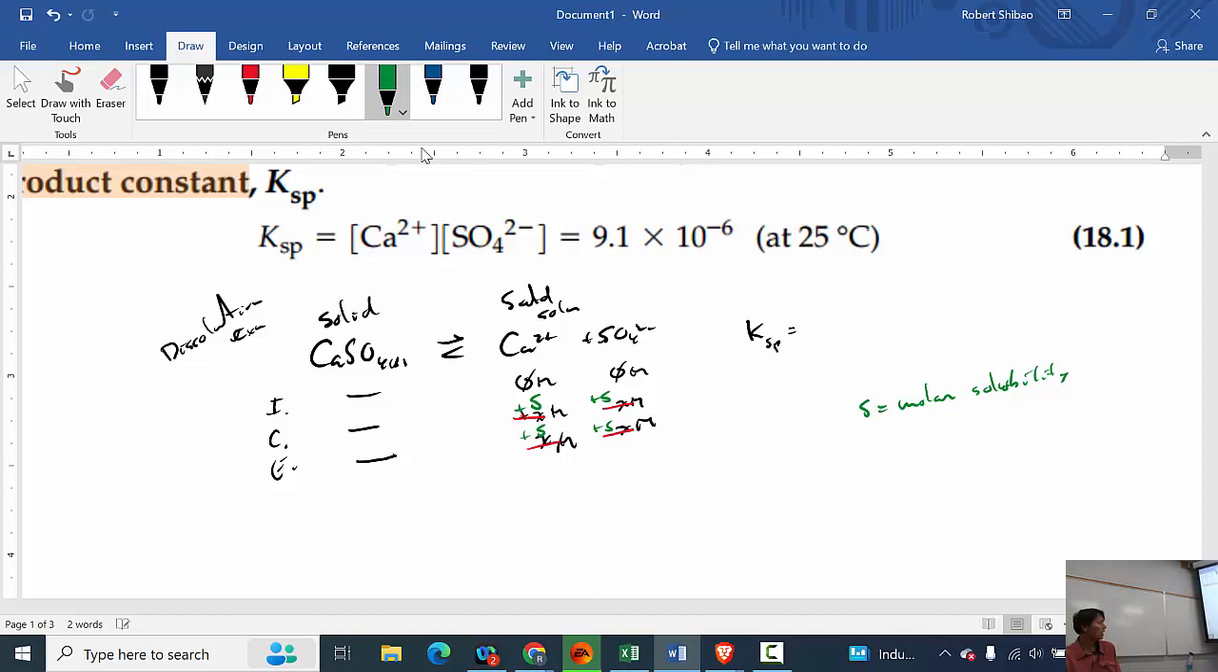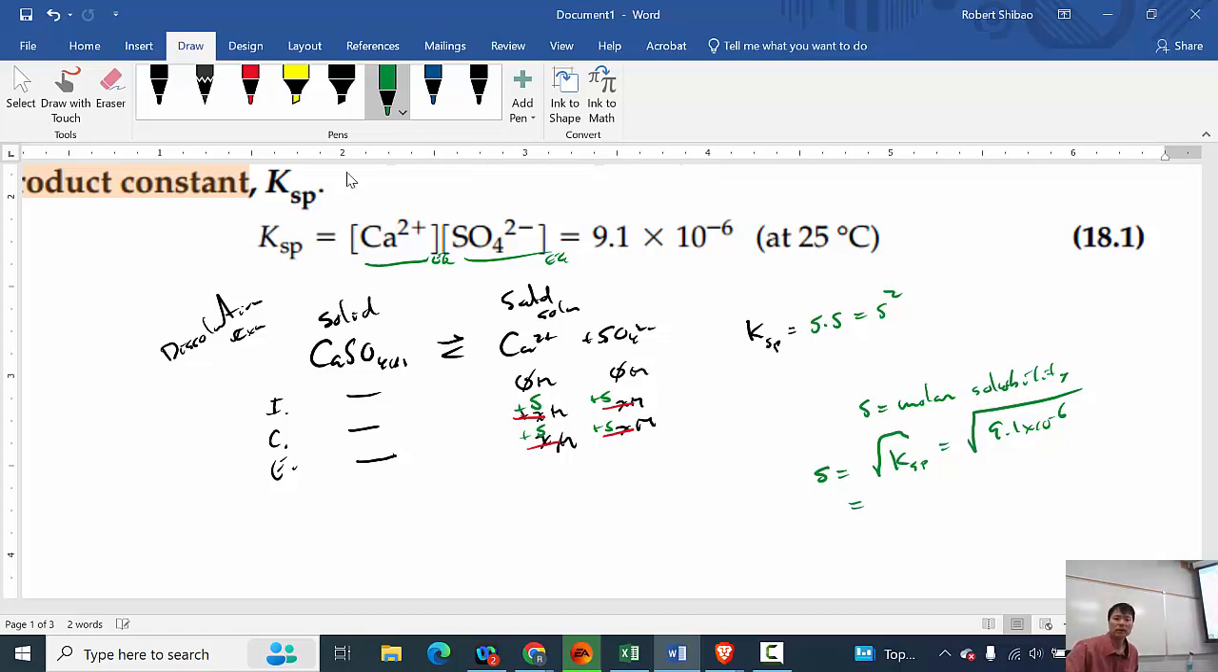So it turns out that KSP is just going to equal S times S. It's just going to give us S squared, because it's going to be the calcium concentration at equilibrium times the sulfate concentration at equilibrium. And those should be the same, because it's a 1-to-1 mole ratio. And therefore, S is just equal to the square root of KSP, which is going to be the square root of 9.1 times 10 to the minus 6, which is equal to, I didn't bring my calculator,